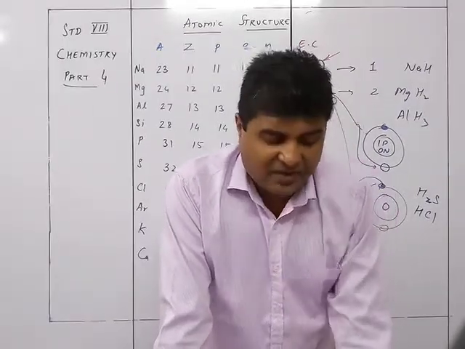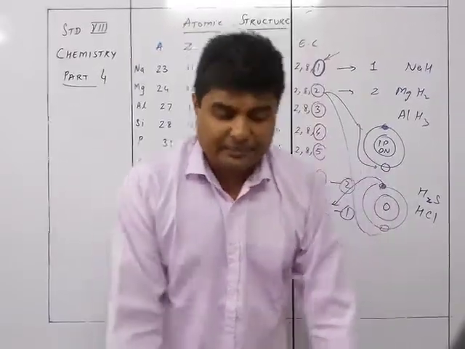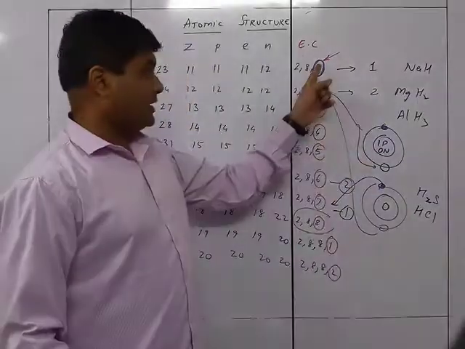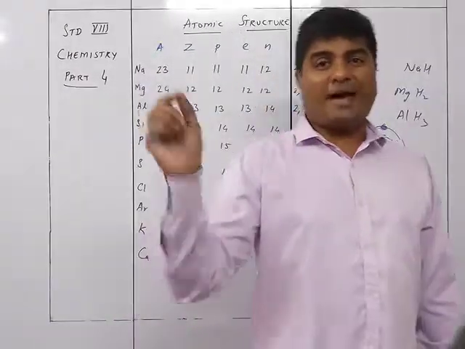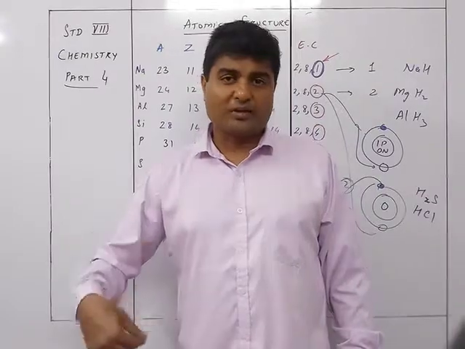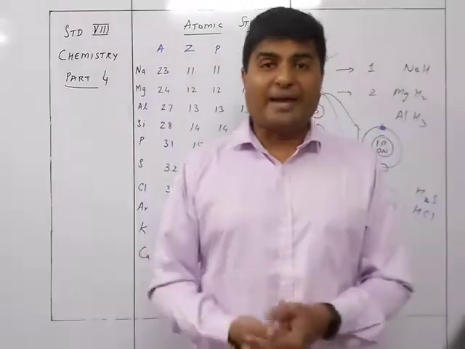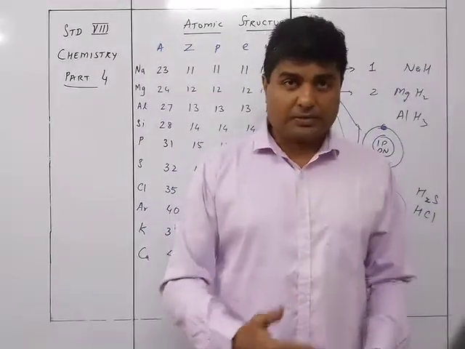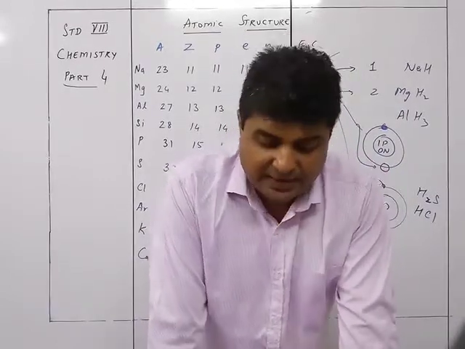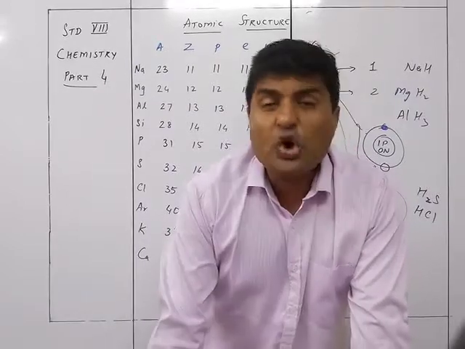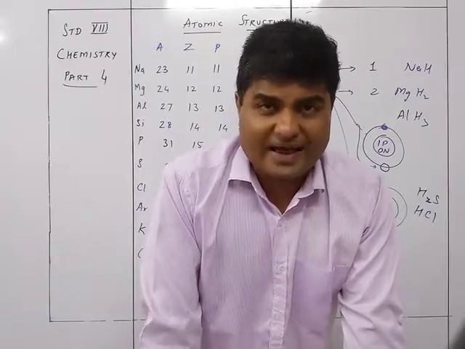Accordingly, valency is also the number of electrons donated or accepted by an atom. The number of electrons donated or accepted is written as +1, +2, +3, -4, then -3, -2, -1. Plus means the number of electrons which can be donated, and minus means the number of electrons which can be accepted. That is why valency is the number of electrons donated or accepted by an atom, so as to achieve the stable electronic configuration of the nearest noble gas.